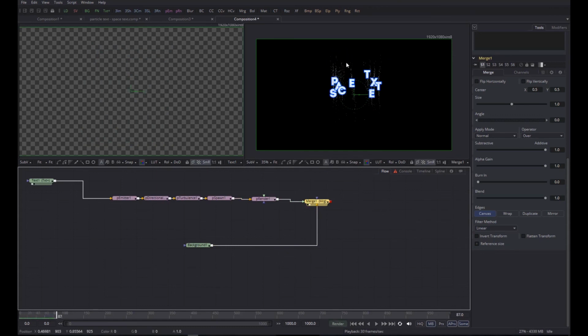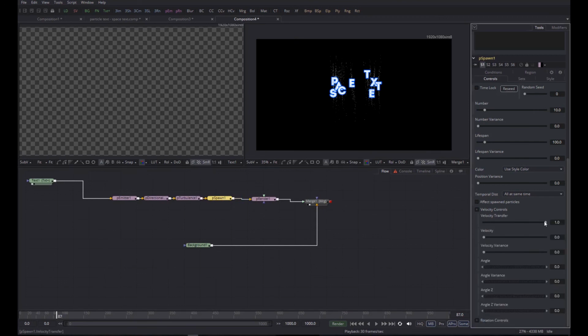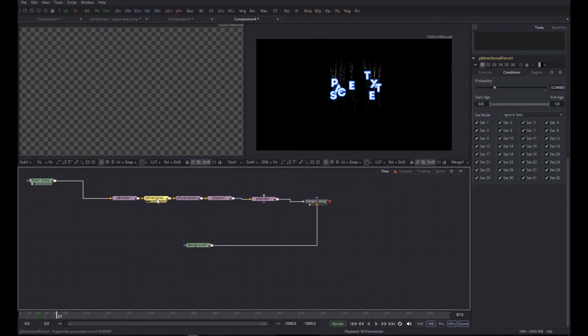Right? Now we see a few things here. First of all, these particles underneath. We need to change 2 things to make them go away. So go back to spawn. First of all, the velocity controls. I don't want any velocity to be transferred from the main particles to the spawned off particles. So do that. Secondly, I want to ensure that the directional force we had is only affecting our characters and not the spawned